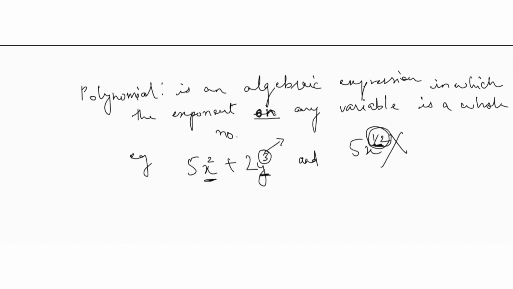For example, tell me, is this a polynomial? You can first look at the board and then note it down. You can first understand this. If I say 2x plus 3x to the power 1 by 2, is this a polynomial? No, that's not a polynomial because it has an exponent which is not a whole number, right? So this is not a polynomial. But this one is a polynomial because the exponent is a whole number, right? Yes. Okay, you can note it now.